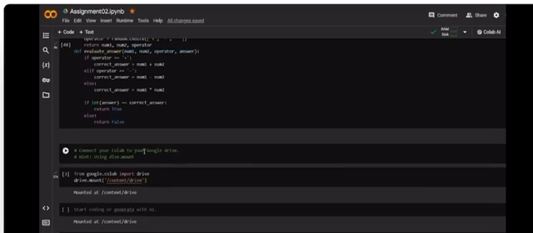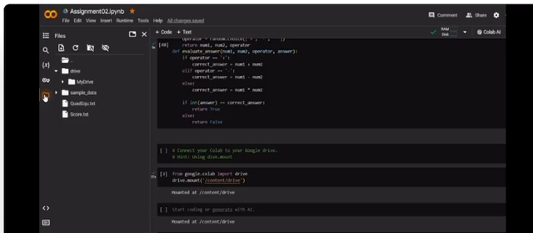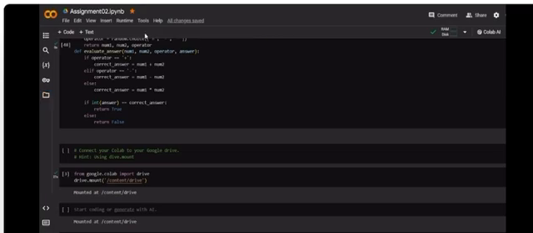And it says connect your Colab to your Google Drive. For us to achieve that, we go into our file, and inside our file, we go to Mount Drive. Once we click on Mount Drive, it's going to ask for your email. Once the email was added, it comes out as from google.colab import drive. It says mounted as, and shows everything that was mounted.